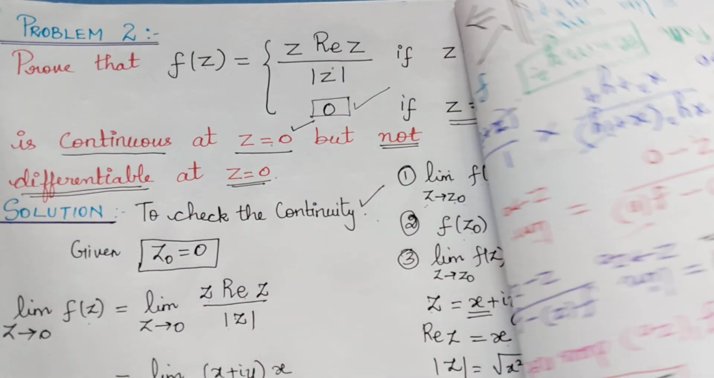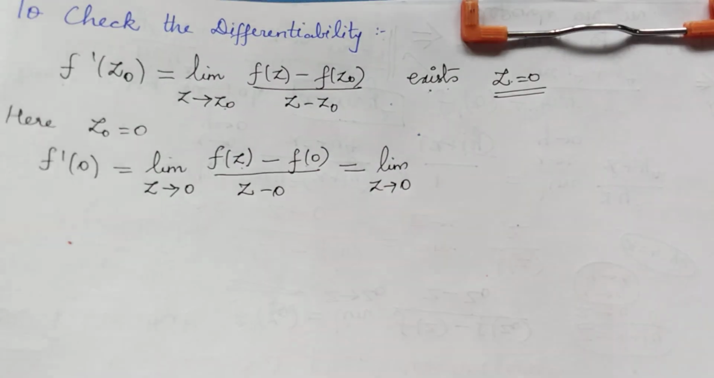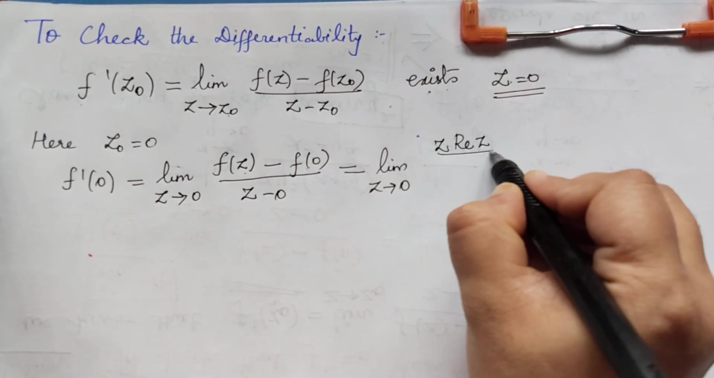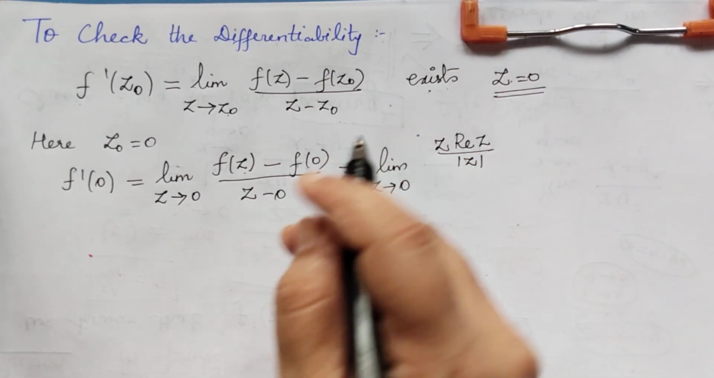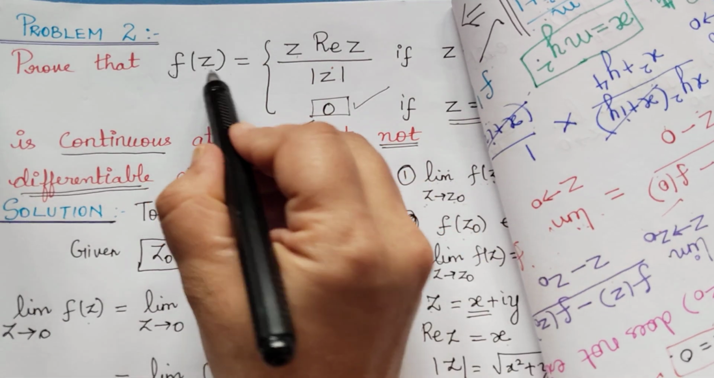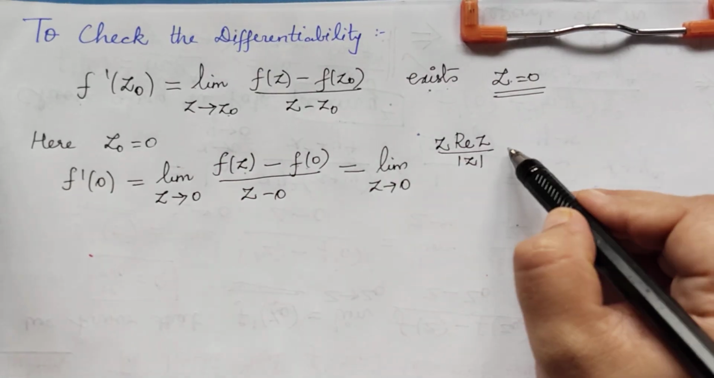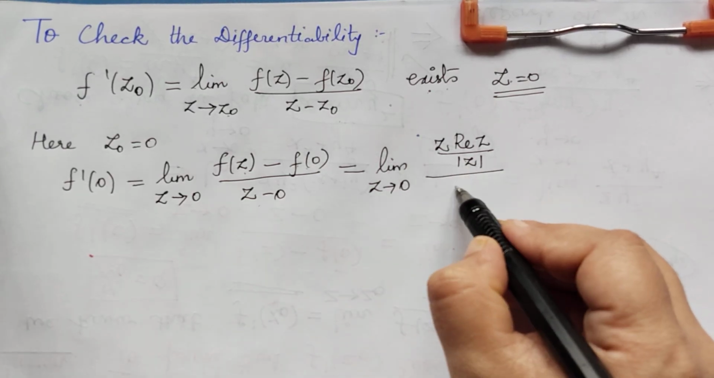It's given in the question. That is z times the real part of z divided by the modulus of z. So z times the real part of z divided by the modulus of z, and then minus f of 0. What is f of 0? We saw that it is equal to 0 only. So since f of 0 is 0, minus 0, it's going to be the same, divided by z minus 0,